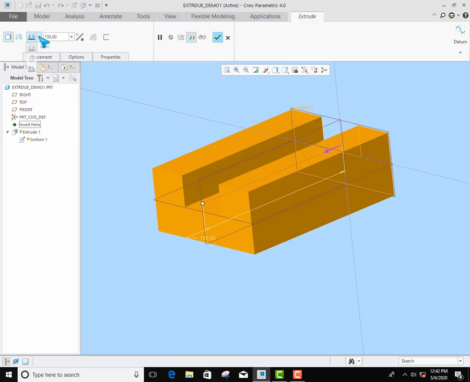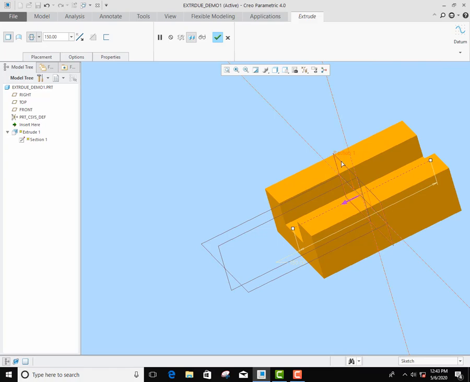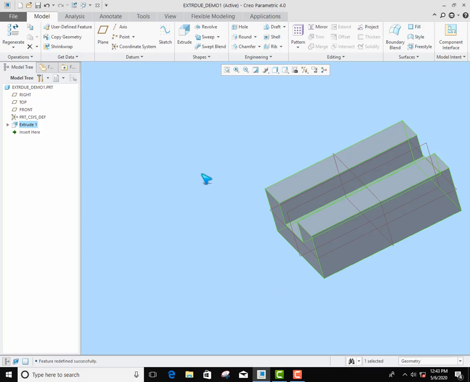Again I will show one more option, which is simply called symmetry, meaning extrude the same depth from both sides of the reference plane. See, if I click here, it is taken from this plane. Earlier it was from the base plane, now the middle plane of this part is the reference. The 150 mm value I inputted is now 75 mm on each side of the reference plane. If you say OK, then this is completed.